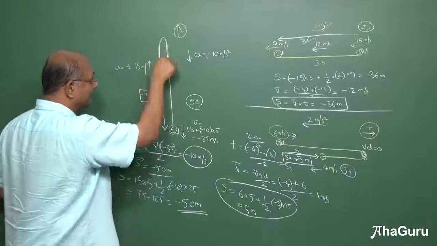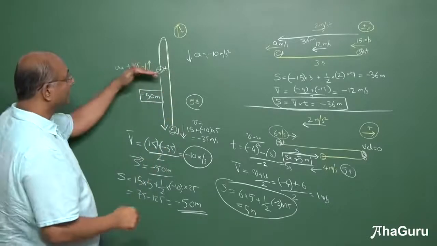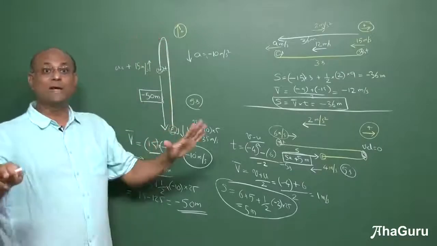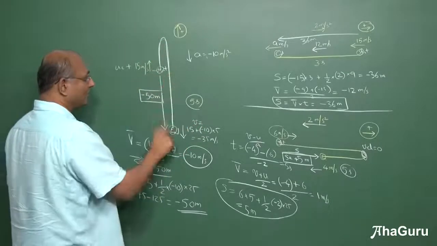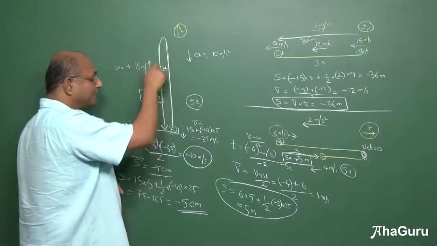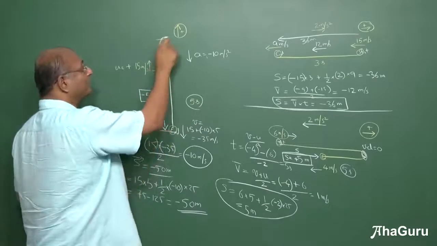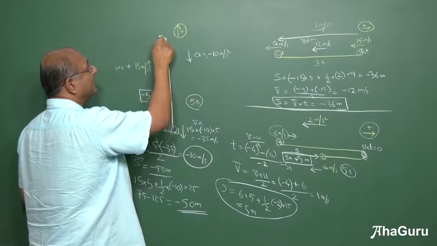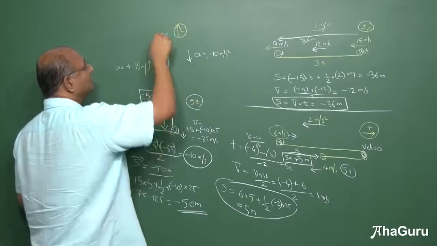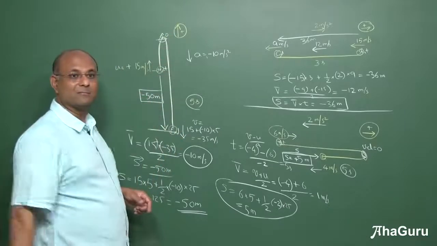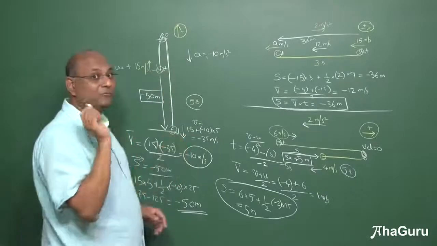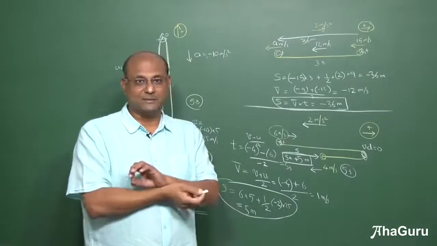If you wanted to know the distance traveled, you will have to calculate from here to there, then from there to there. Don't do that. Most questions you talk about displacement, so that gives you straight from here to there. You don't have to break it up into part 1 and part 2. Many times what happens is people say they are comfortable saying 15 to 0, 0 to 35. Don't break it up. It is one single motion if you use the correct sign convention.